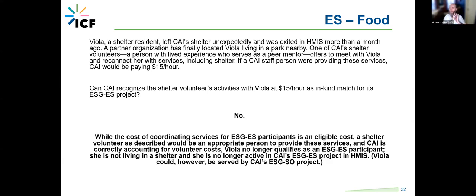Is the cost eligible under the ESG interim rule? And have you documented it in such a way that it demonstrates eligibility? And absent all three of those elements, an expense is not eligible, and match used for that expense can't be recognized. You know, I like this one because it also speaks to some of the difficulty that you can face